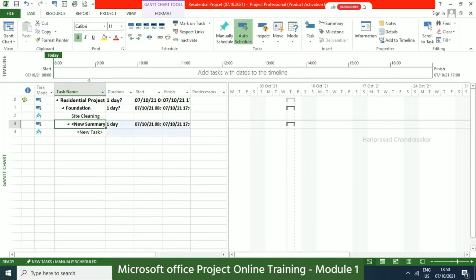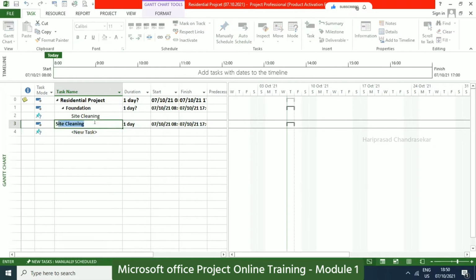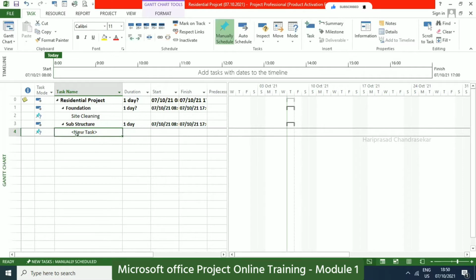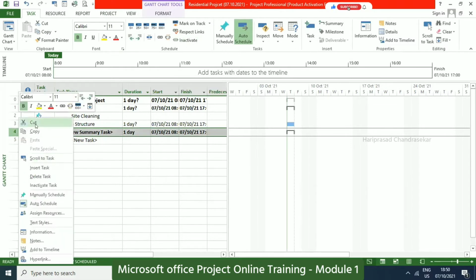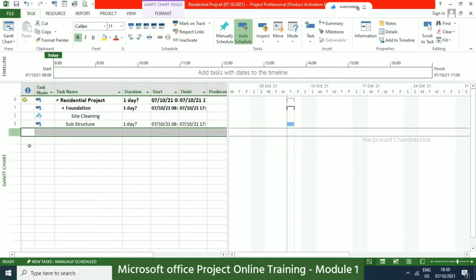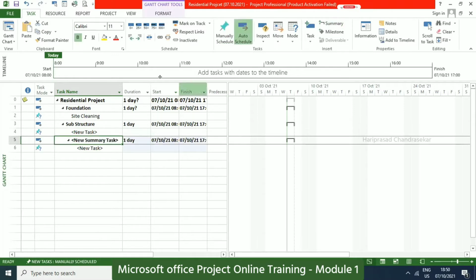See, it is automatically coming, summary task, and then you need to make it separate. And even it is also having a task. So foundation, and then I will go for substructure. Okay, and here we can have some task, and again I will have some. So you can make use, and then if you want to bring it down, what you can do is cut here and then paste here. Or first you need to complete this, or you can put here a summary task. Okay. Superstructure.